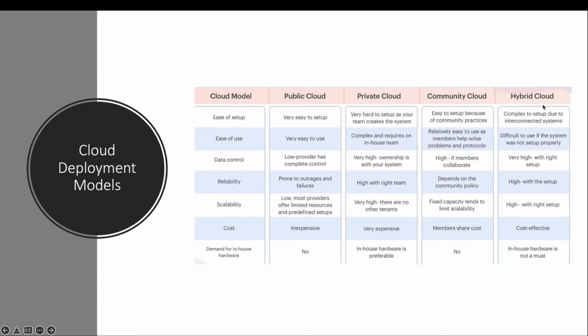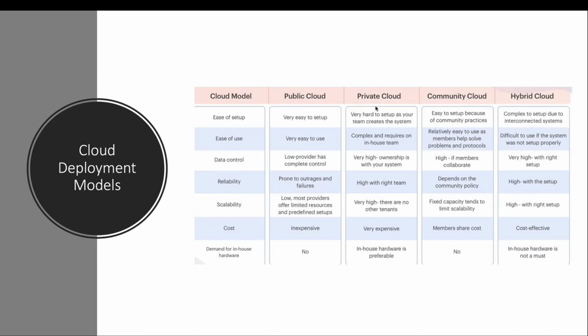So if you see ease of use or ease of setup, public cloud, you don't need to do anything, right? You need to just know what actually you want to ask from public cloud. Private cloud, it means you are setting up your own cloud. So you have taken up OpenStack, bare metal, and now you are going and you are setting up your own cloud. It's very hard because you need to be aware about proper virtualization, network mechanism, addressing scheme, and whatnot, right?